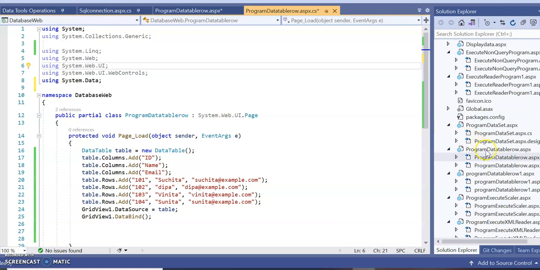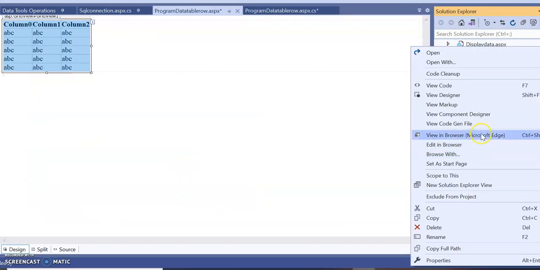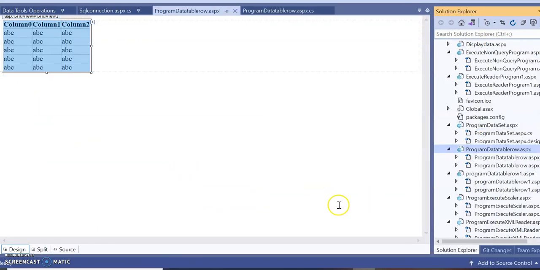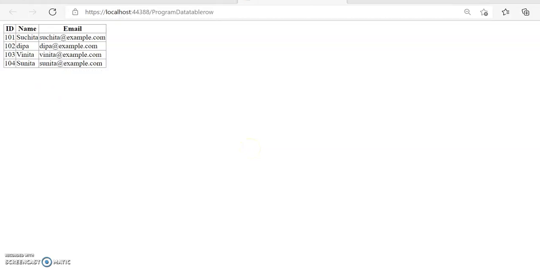Now let's run this program and see the output. See, this is the output. So ID, name and email ID have been created in tabular form in this DataTable. It is an in-memory representation of your data. With the help of the grid view, it has been displayed.